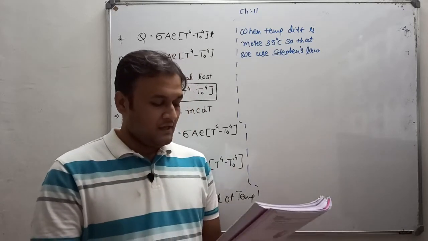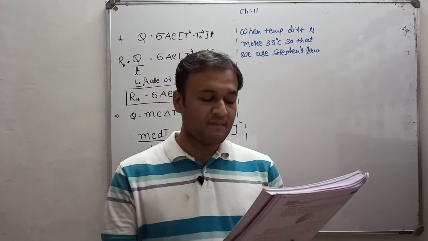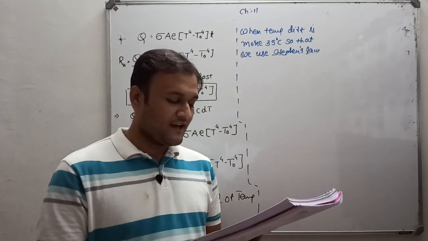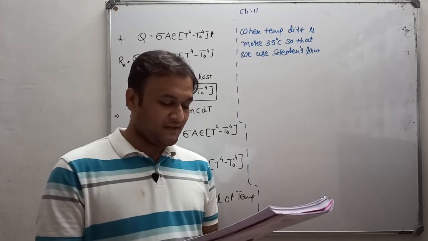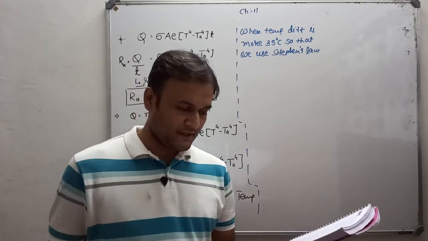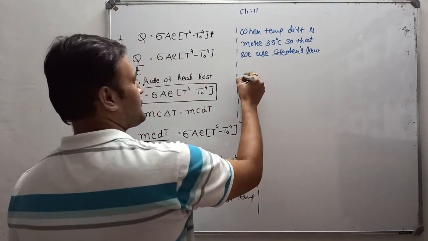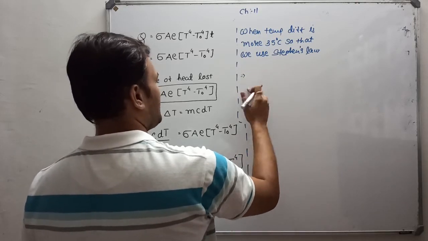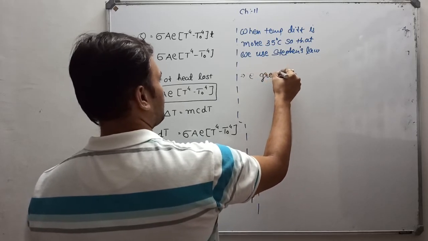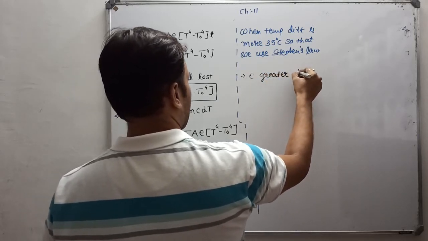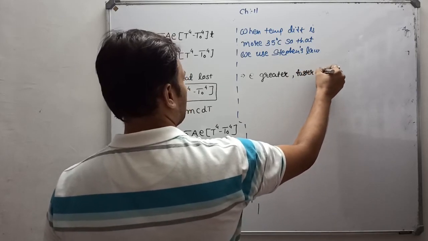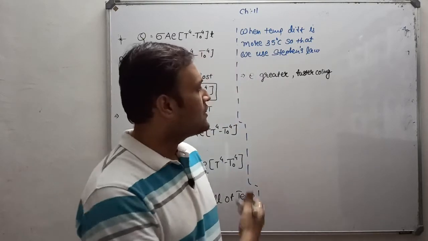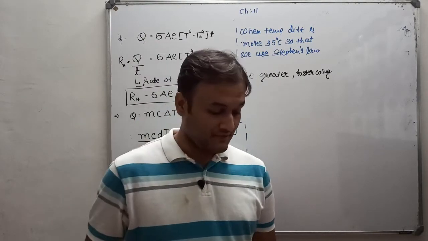Okay. Now, when a body cools by radiation, its cooling depends on, yes, this is the most important, the nature of the radiating surface. The greater the emissivity, the faster the cooling. It means the one with greater emissivity, let's call emissivity E, greater E means faster cooling. That is, the one that emits heat quickly cools faster. Okay, it cools quickly.